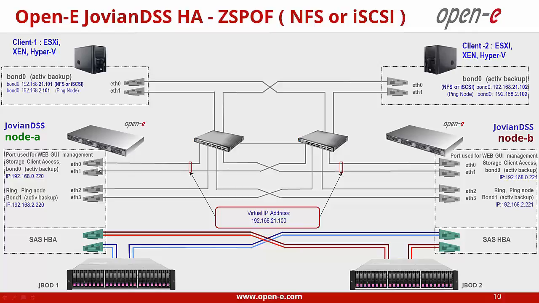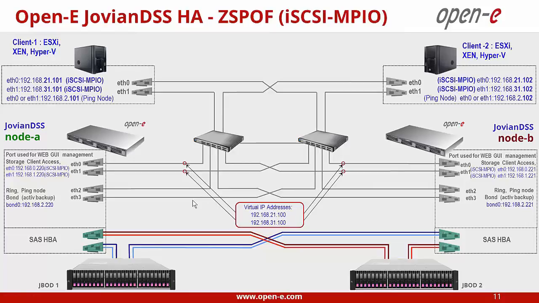And next, adapters can be used for storage export. So here in this situation we also have an active backup bond for the storage export, but we can also use some other bond methods. And because of the bond I can use a single virtual IP, because the bond is appearing as one logical interface. So this virtual IP, which is used to export our resources, and which is swapping between both cluster nodes, will be just a single virtual IP here.